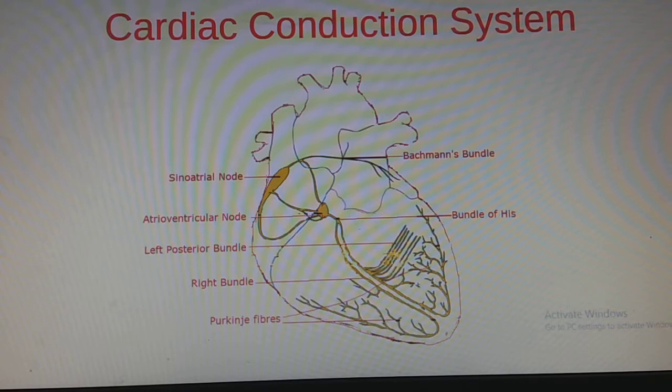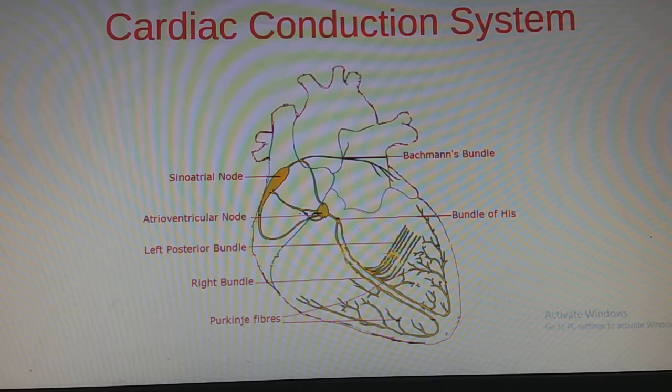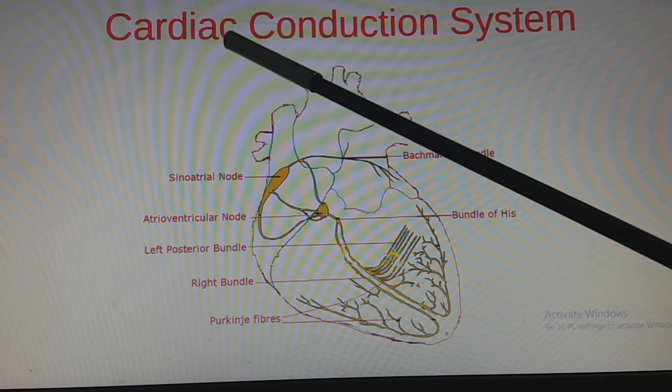In the previous section, we have already gone through the anatomy of the heart. Recalling what we have discussed about the anatomy: how many chambers are there in the heart, what the heart is made up of, and which kind of muscles it is made of. Plus, we have already discussed that the heart wall consists of 3 layers. Continuing with that portion, today we will be doing the cardiac conduction system.